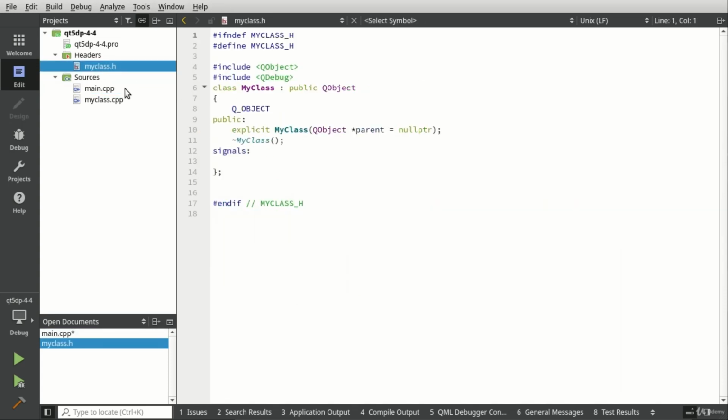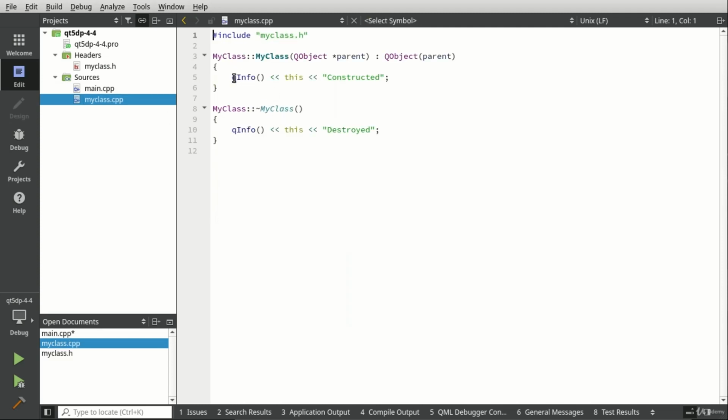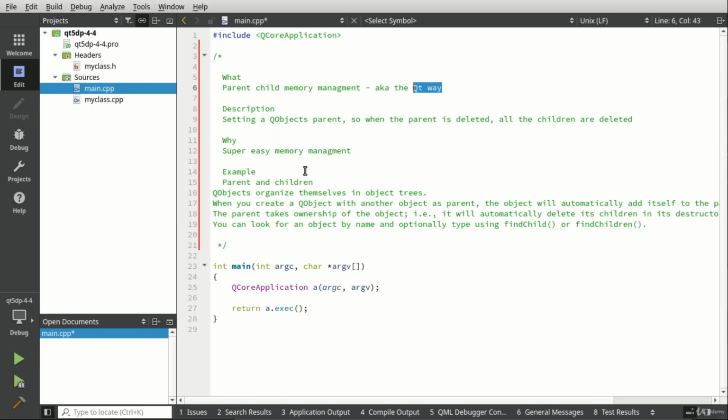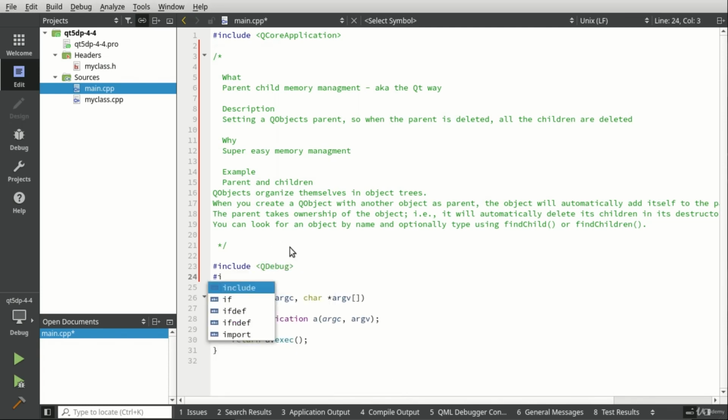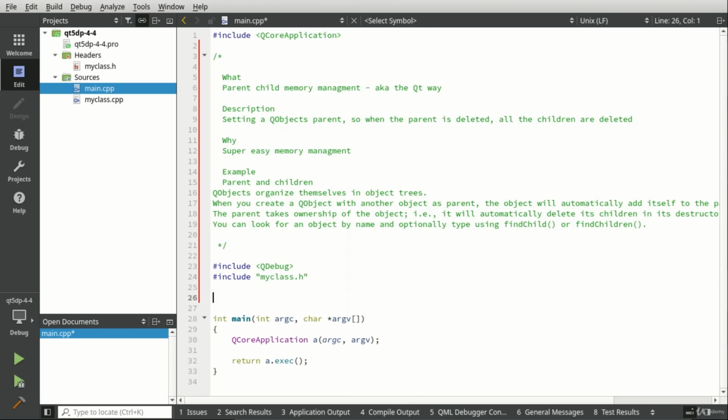I've got my class in here, and it does exactly what we think it does from the last video, where it just says constructed or destructed. We just want to see the class's life cycle. Let's go ahead and dive in here. And let's go ahead and include the MyClass. And I'm going to create children here. So I'm going to say void